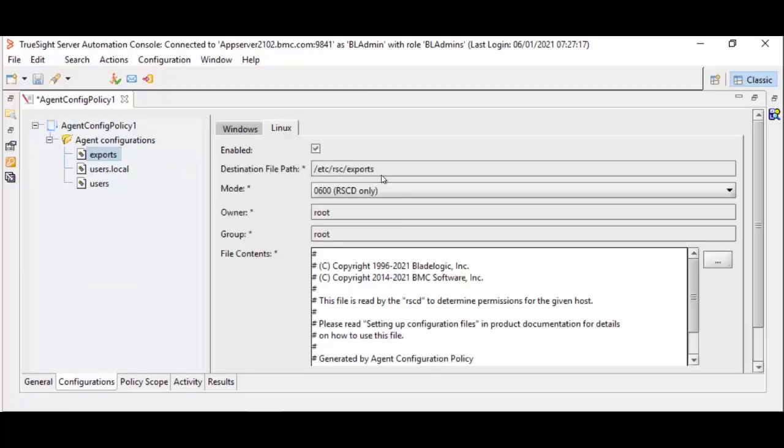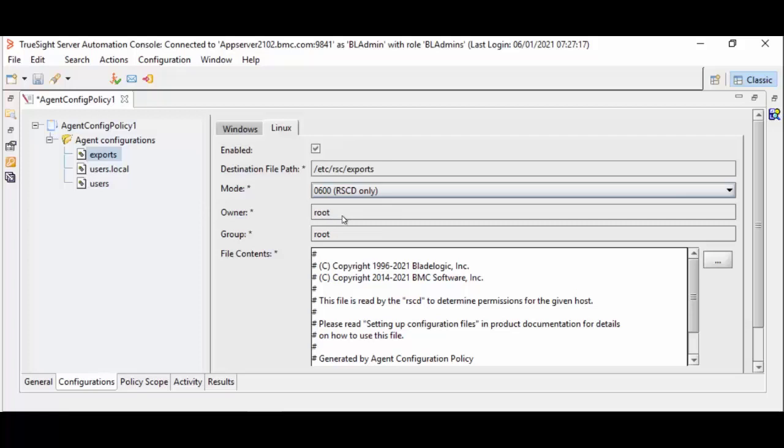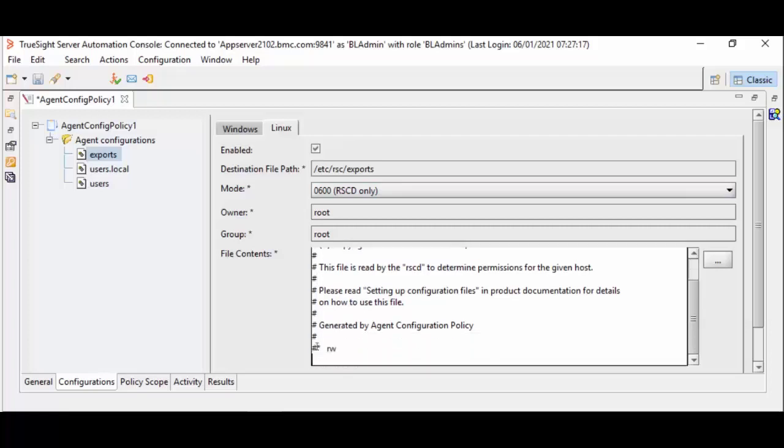This is the path where the exports file is stored. This is the mode or the permission with which the file will be created or updated. So for traditional RACD agent, the file will be created with 600 permission, and for the servers that have RACD plus NSH, the most common example is repeaters, the exports file will be created with the permission 644. So I will select RACD only. These are the non-editable parameters, owner and group of the file, and this text box is for the file contents. So for the demo, I will be adding this star entry